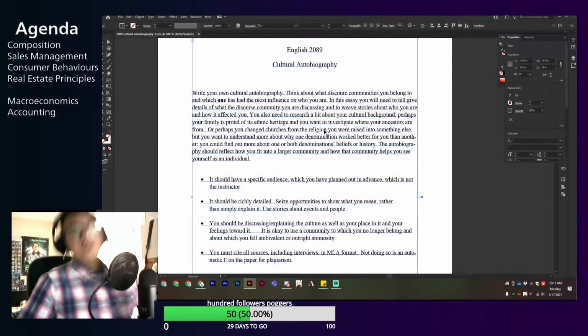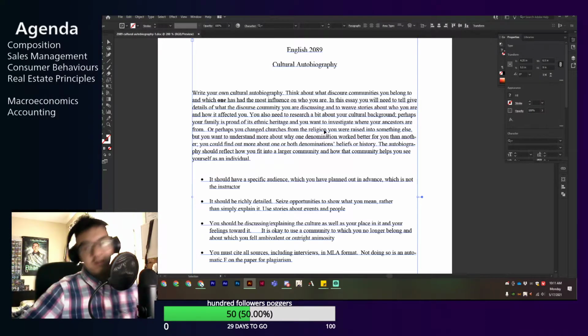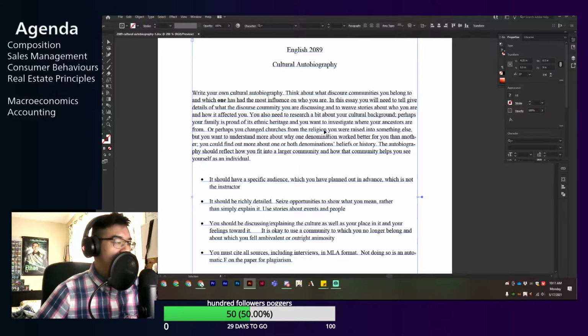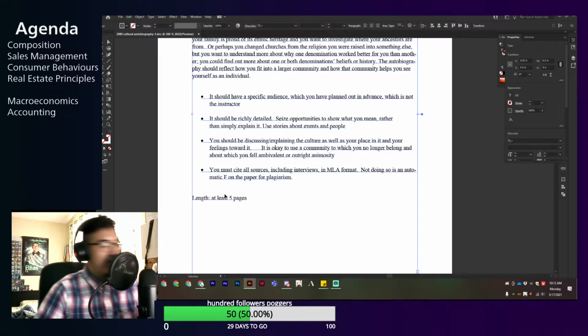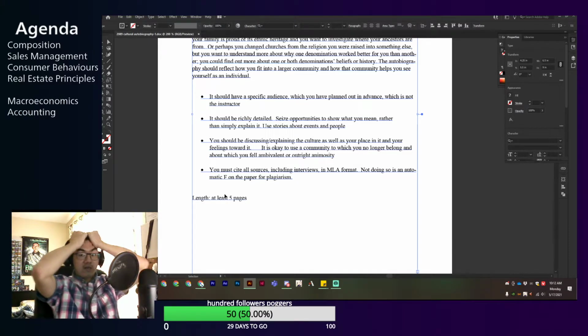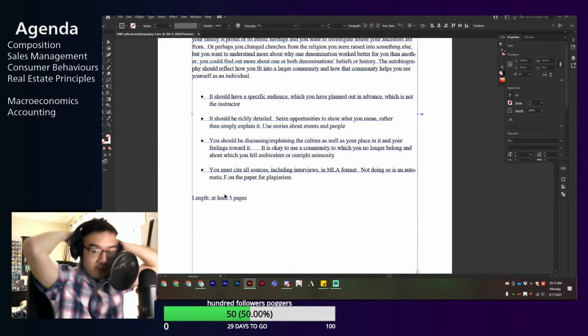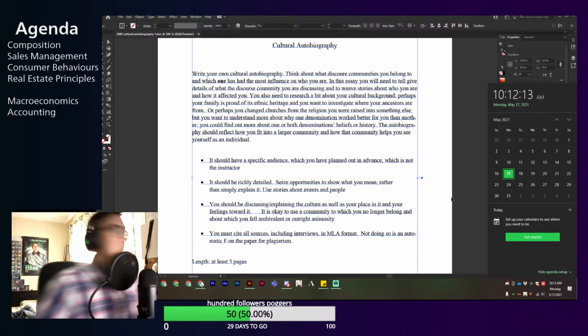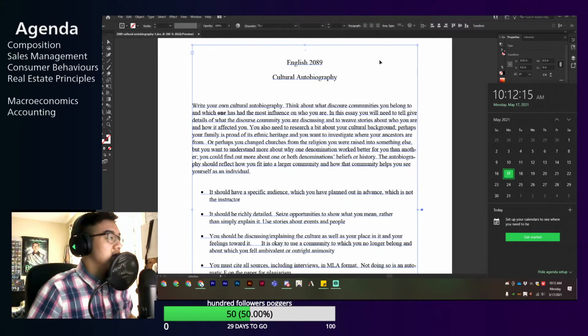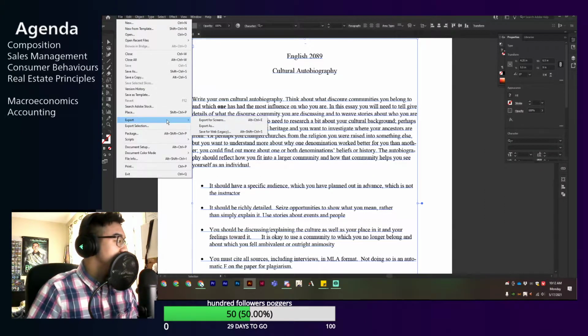Okay, well, the issue with that is that, one, I'm not religious, so this has zero effect on me. Well, I mean, at least 5 pages, seriously. Oh my god. What the hell? Okay. It needs to be 5 pages long. Okay. Well,